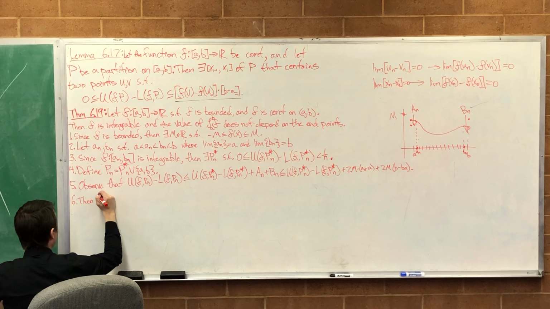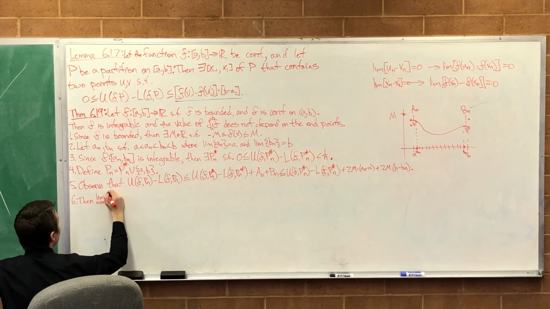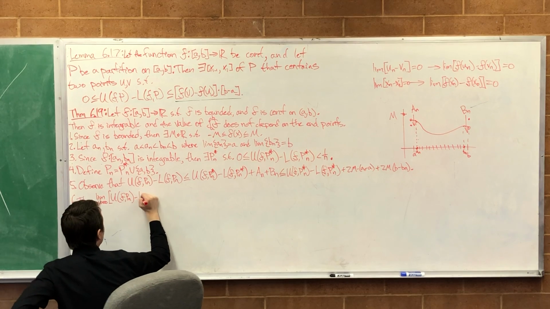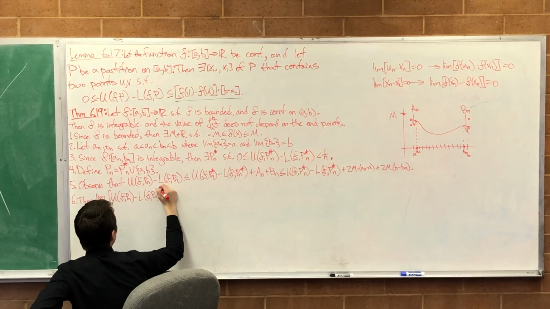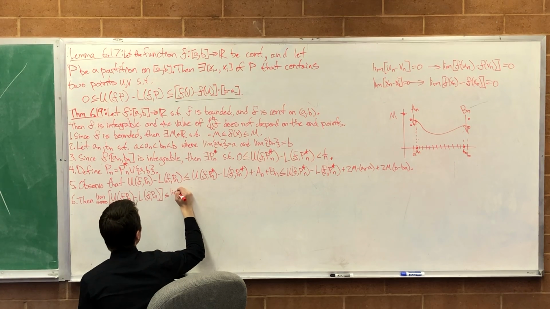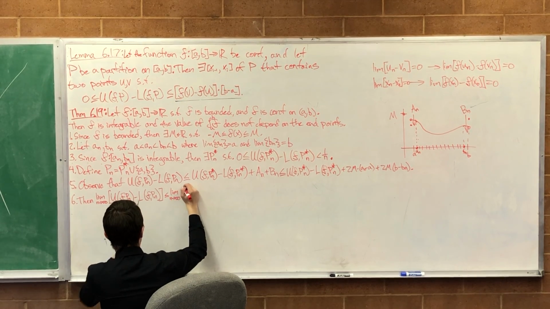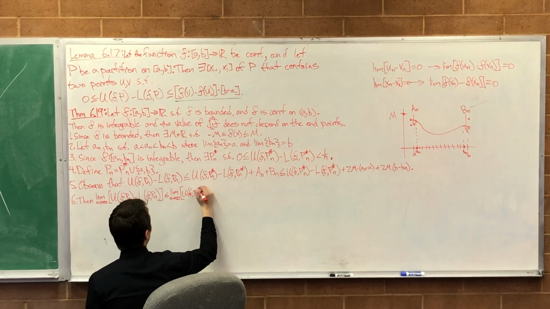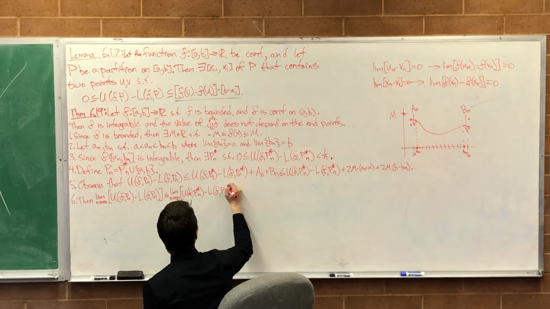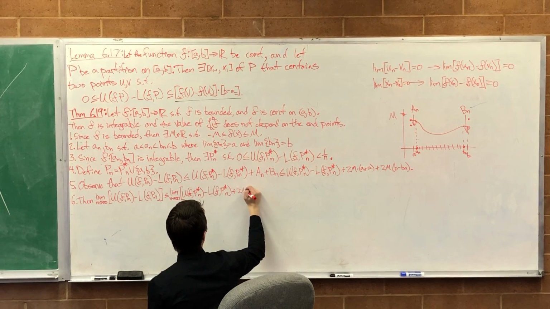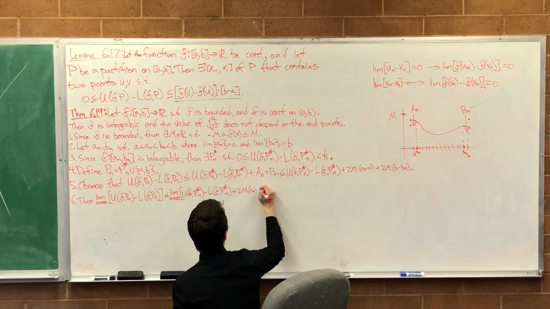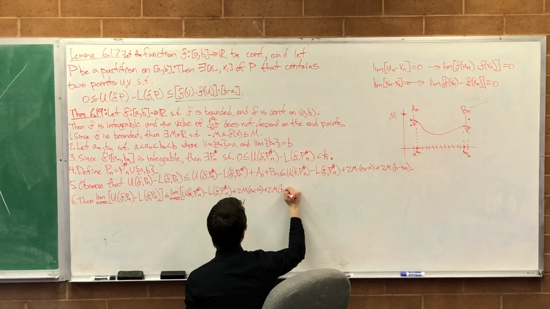Then the limit as n goes to infinity of U f P n minus L f P n is going to be less than or equal to the limit as n goes to infinity of U f P star n minus L f P star n plus 2m, kind of ignoring this middle step and going straight to this one, 2m times an minus a plus 2m times bn minus b,